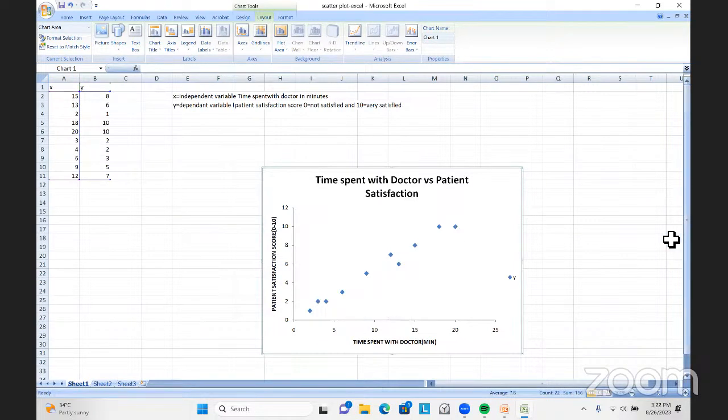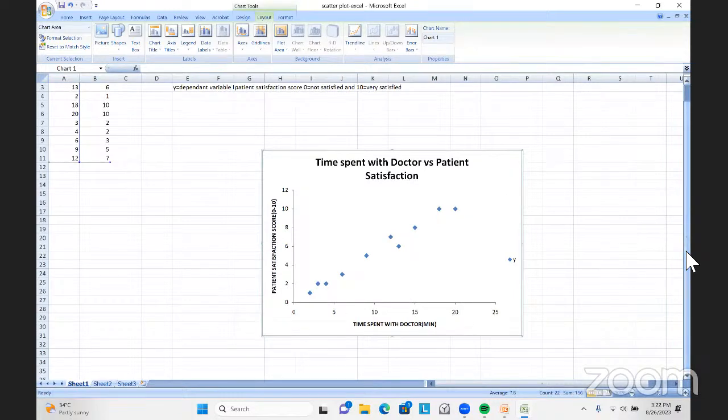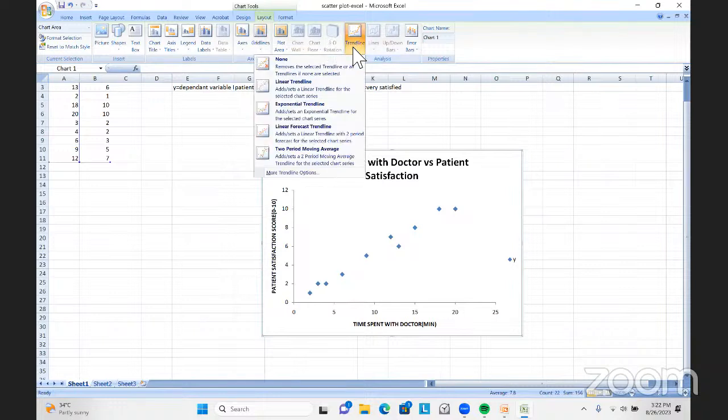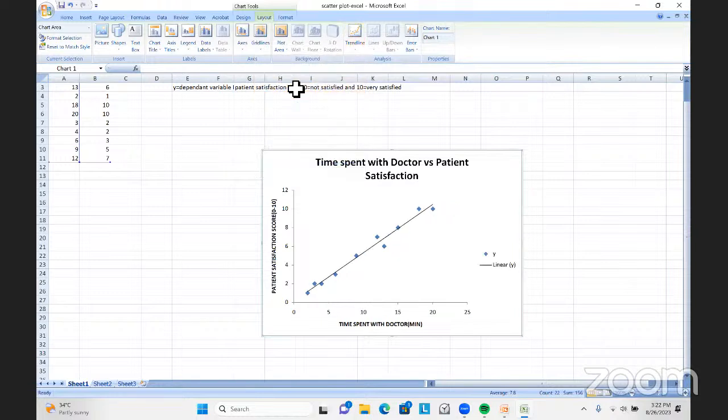Now, how can we create the trend lines? Okay. So what we have to do is, you can see in the layout itself, the trend line, and we create the linear trend line. Okay. So this is how the linear trend line is created. Okay. And then now we said about the Pearson coefficient, right? How can we calculate the Pearson coefficient using Excel? Okay. So what we do is,